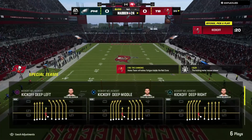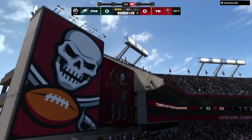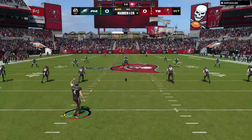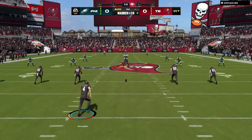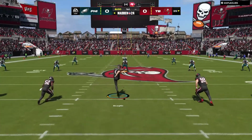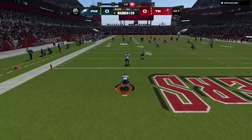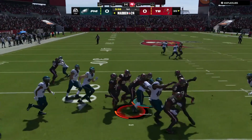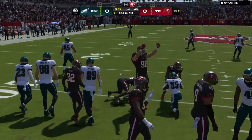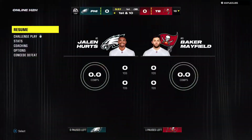It'll be the Philadelphia Eagles taking on the Tampa Bay Buccaneers. Certainly happy to have you along. Chase McLaughlin has it on the tee, and off we go here in Tampa. Boston Scott on the return from his end zone, and only able to get this to the 19, so probably should have opted for the...